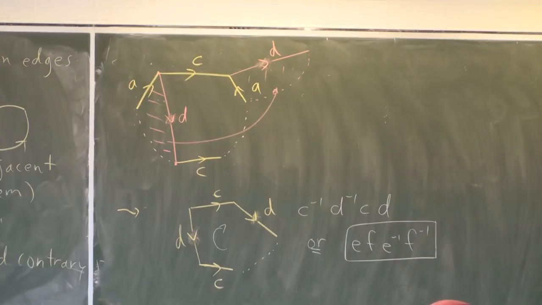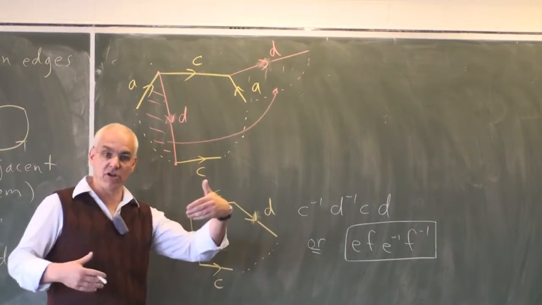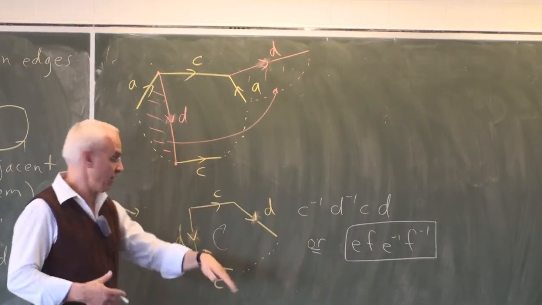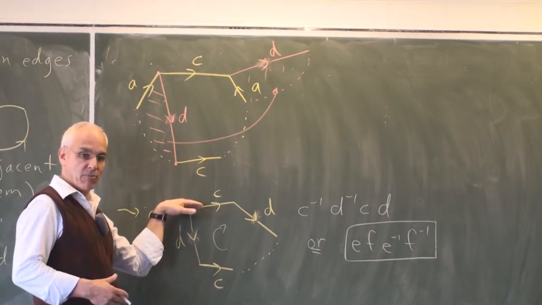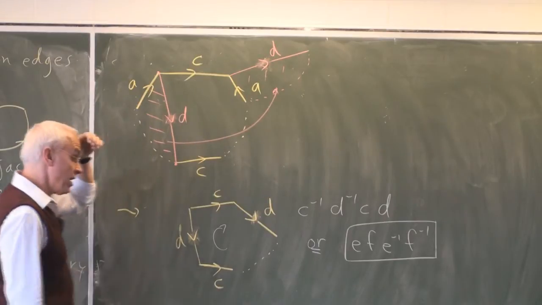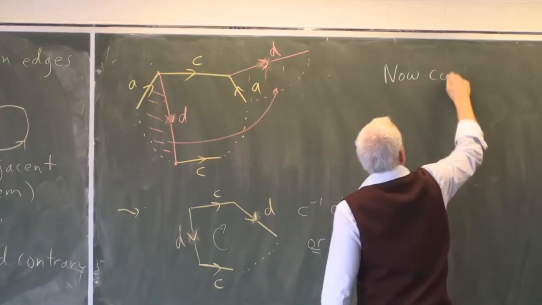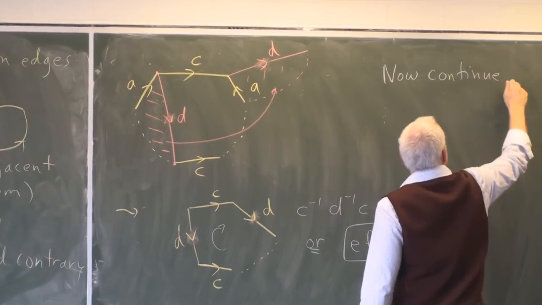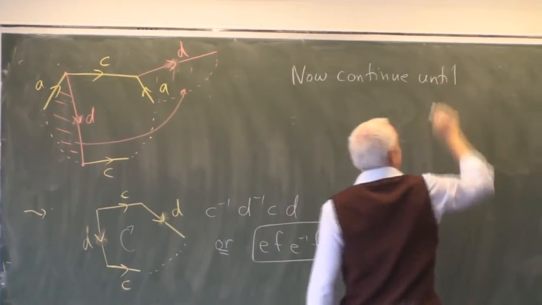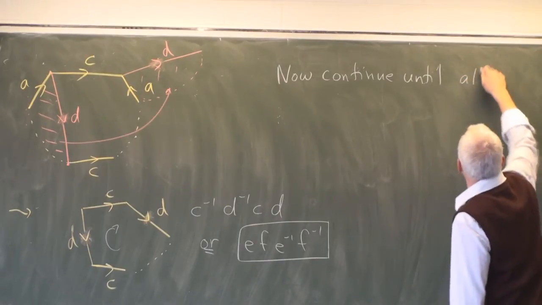Okay, so that's the normal form for pairs of opposite directed edges. And that's basically it. So now we just carry on doing that. If there's some more edges which are opposite directed, which are separate, then we just repeat the argument. These combinations, once they're together, they're never going to be separated, because the cuts that we've made never go into the middle in some random thing. They're all related to the ones that we're using. So we just continue. Now continue until, well, all the same